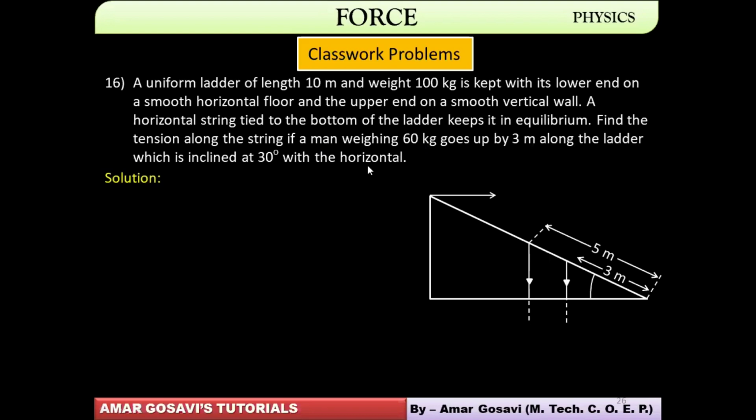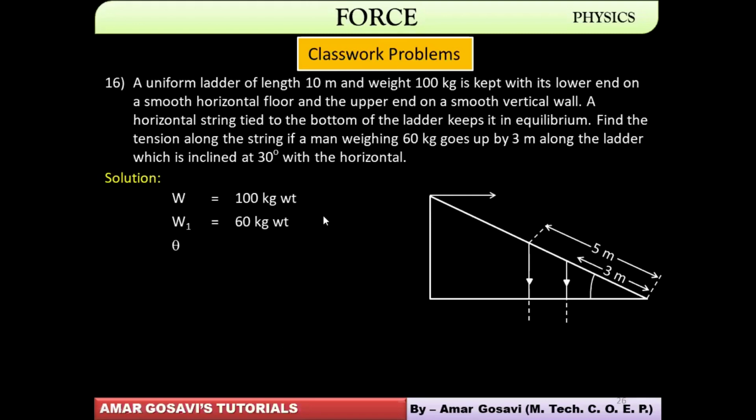So the weight of the man is 60 kg. Here you can see this is the line of action where the weight of the man will act, because the man has climbed 3 meter from the bottom. And obviously the angle of inclination is 30 degrees. The weight 100 kg weight, when I say kg weight, when you convert it into Newton, you'll have to multiply it by 9.8. W1 is the weight of that person, that is 60 kg weight, at a 3 meters distance, if you observe over here.